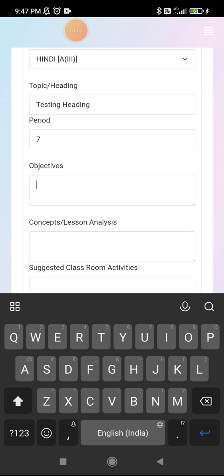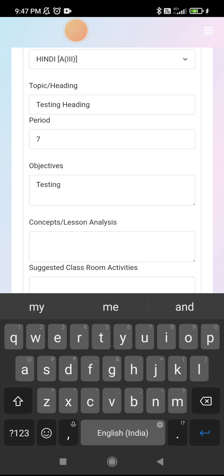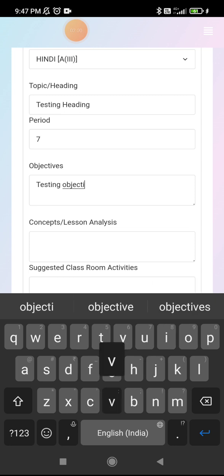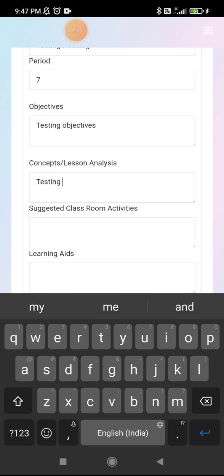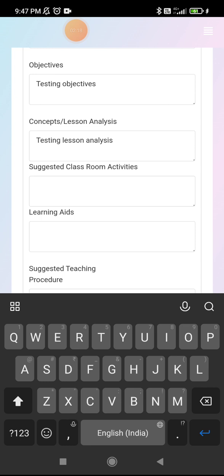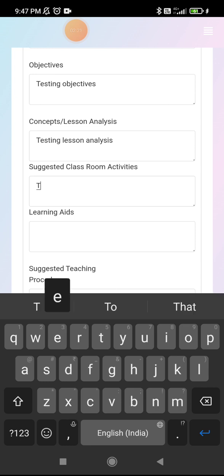Then the objectives, whatever objective you fill in as per your requirement. So I just filled in testing objectives here. Then the concept and lesson analysis you need to fill here. So again I am filling in testing analysis. Suggested classroom activities, I don't know what I need to fill here, so I just put testing material only.